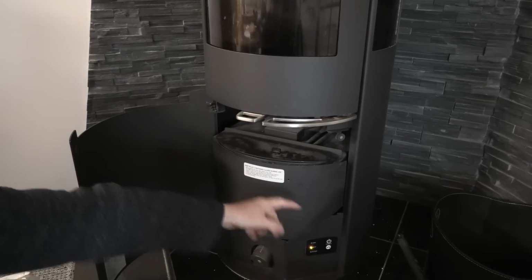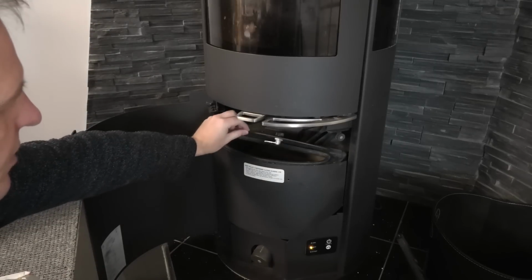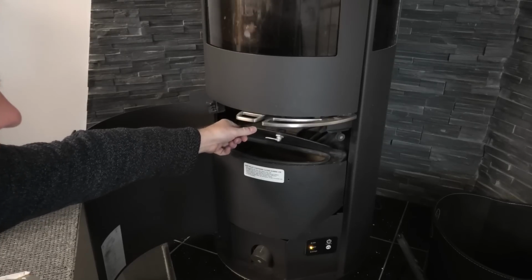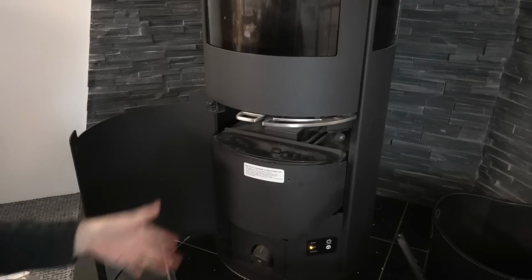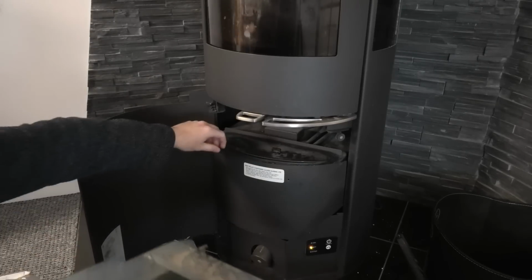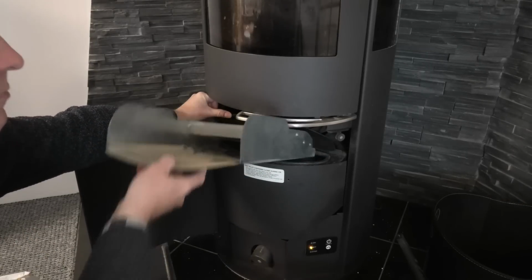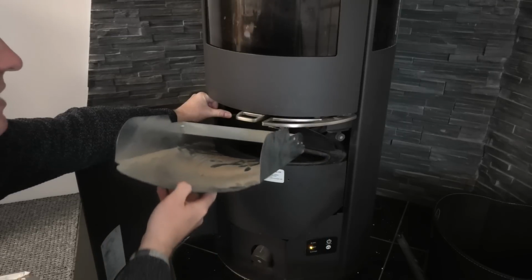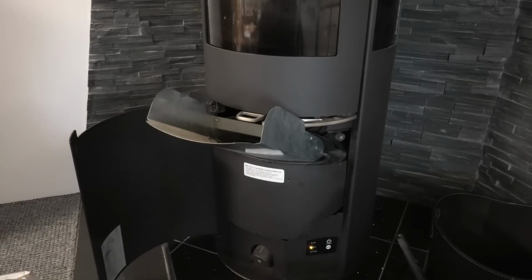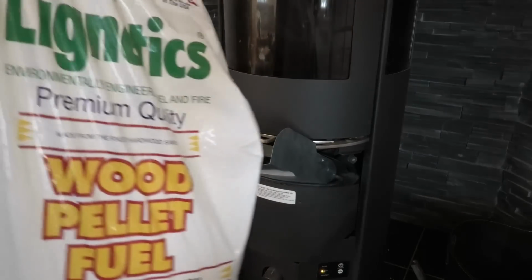So the pellets is in this magazine down there. I have removed a lot of crap that the manufacturer has put in there. There's like a mesh, so that you can't get your hands in the snail and stuff, but yeah, it makes it impossible to clean it. So naturally you take all the safety crap and you disassemble it, just how it goes. So it comes with this thing, which is nice to put the pellets in there. So you put that in there and it sits like that, and I hope you can see how that is useful. So then you take your bag of pellets,